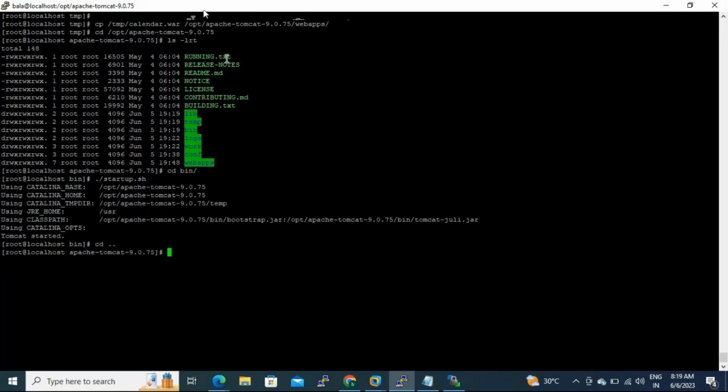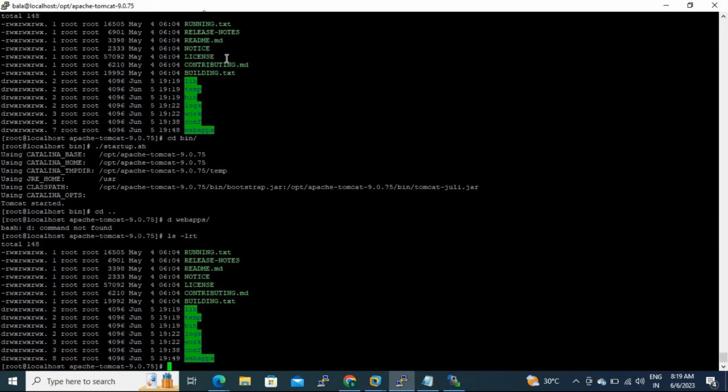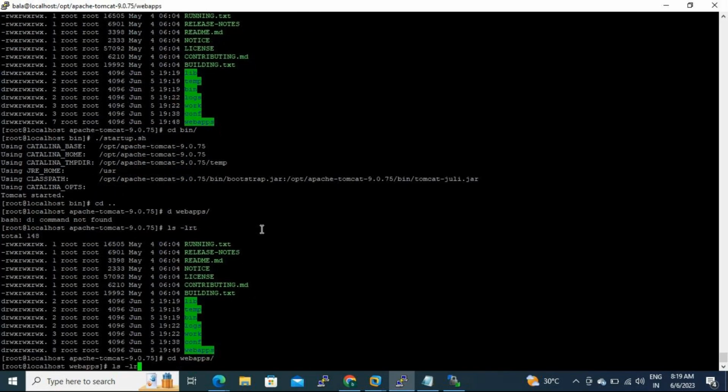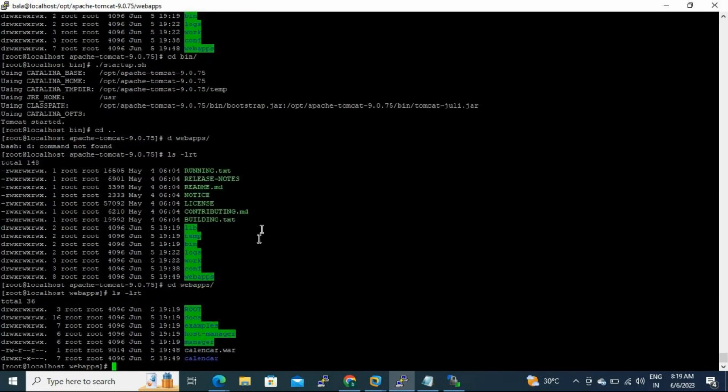Once it is started, go and verify in the webapps directory. What will happen? Once Apache Tomcat is started and you drop your application into the webapps directory, the Apache Tomcat home webapps directory,